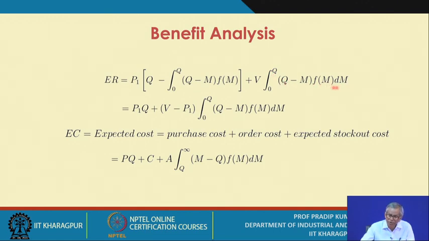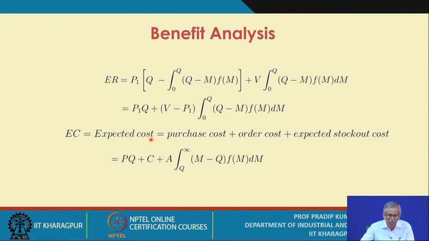That is the expected number of units salvaged. So this is the simplified expression: P1Q plus V into P1 integration 0 to Q, Q minus M Fm dm. Expected cost